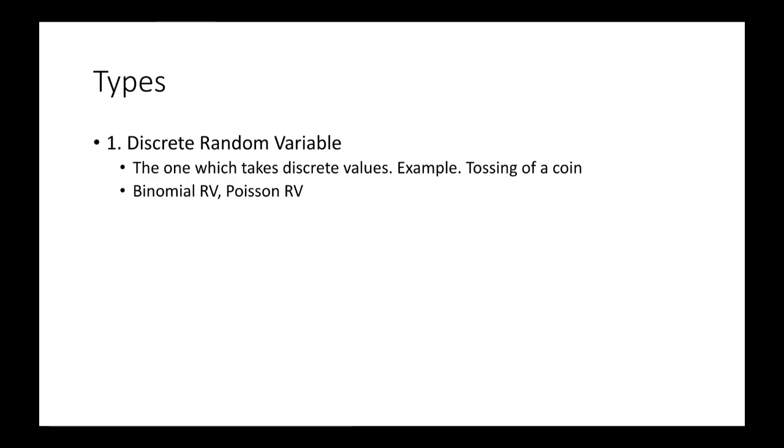Now let's talk about types of random variables. There are basically two types. The first is the discrete random variable. This is a type of variable whose values you can count. For example, tossing a coin. When we toss a coin, we can have only two outcomes, getting heads or tails. That is just two. Hence we can count, because remember we assigned the value of -1 to heads and 1 to tails, hence just two values. Examples of discrete random variables are the binomial random variable or the Poisson random variable.